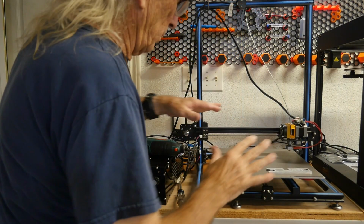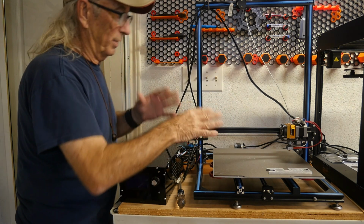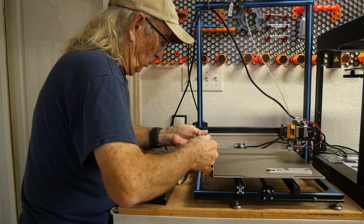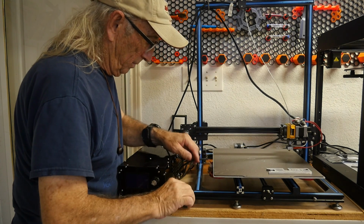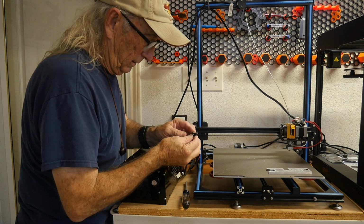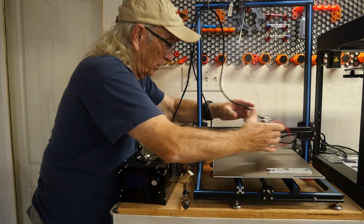Okay, I just took the paper away, but what I did here was I just used the Dremel tool to cut the excess metal off the plate back here that I don't need, that has no bearing on anything. So now we're going to take the stop, the bracket back here, move the stop again. I sort of don't like these nuts, but they come with a lot of 3D printers, or they were. I really don't care for them. Now we're going to bring this back over here,